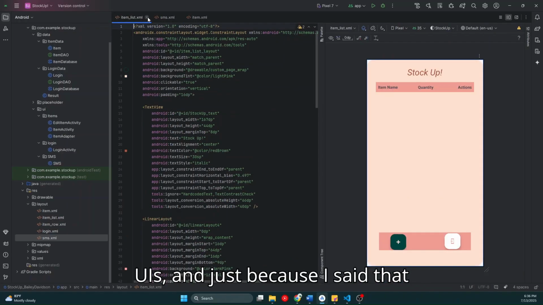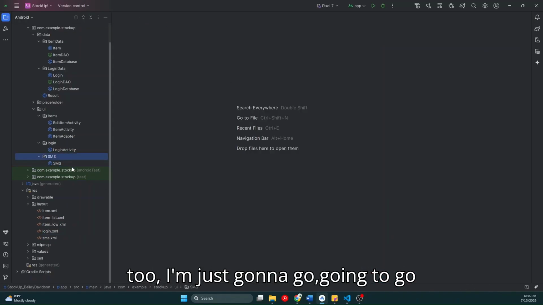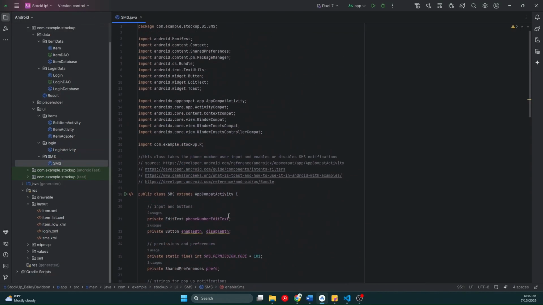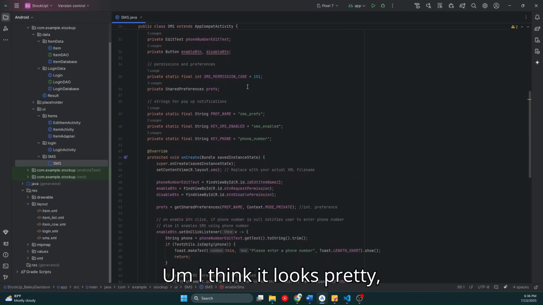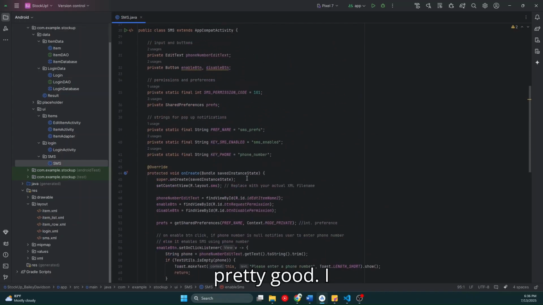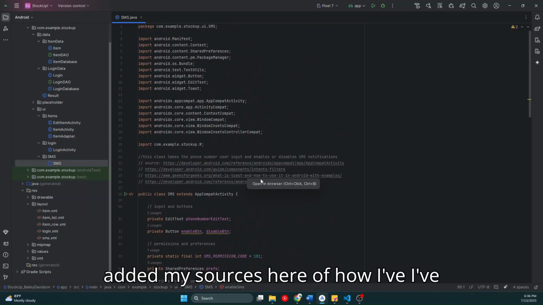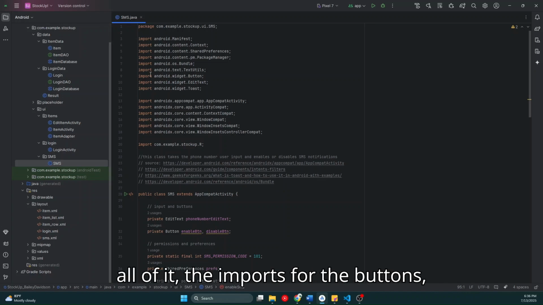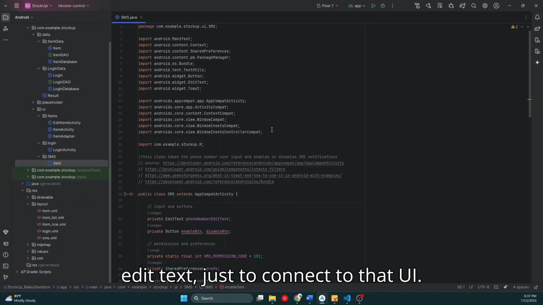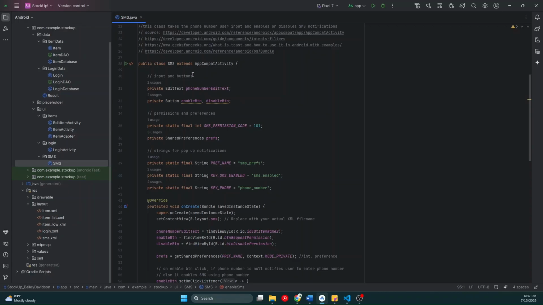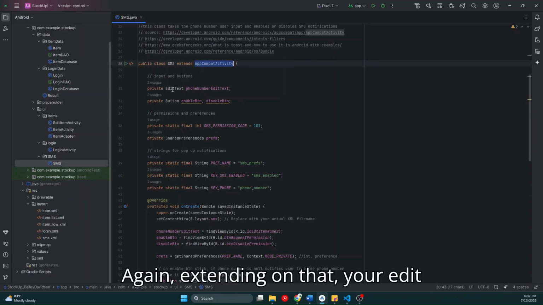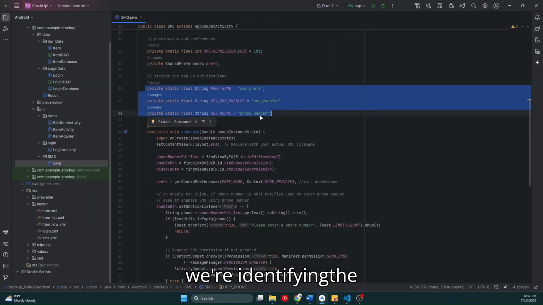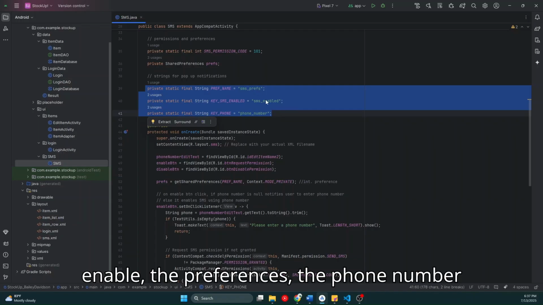Let's get out of these UIs, and just because I said that too, I'm going to go straight to the notification code. I think it looks pretty good. I added my sources here of how I've used all of this stuff, where I found it. The imports for the buttons, edit text, just to connect to that UI. Again, extending on that, your edit buttons, go down here, and then we're identifying the enable, the preferences, the phone